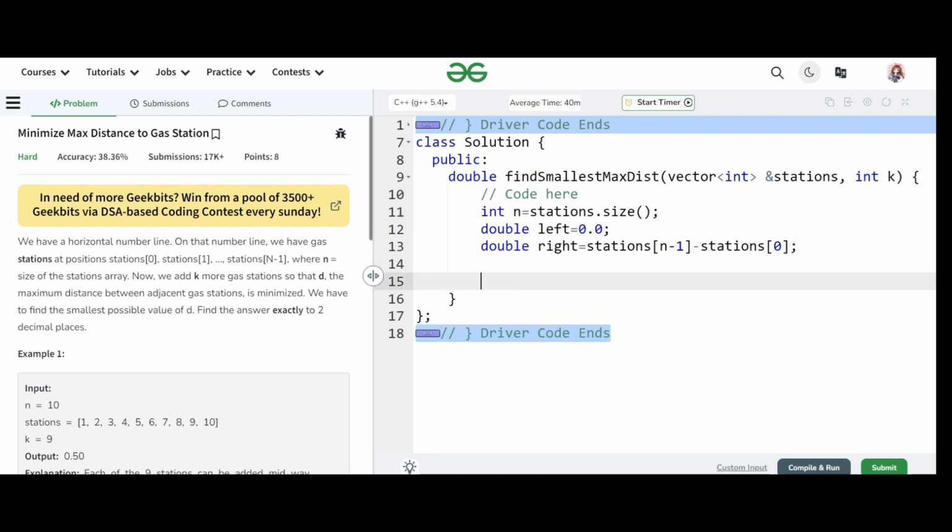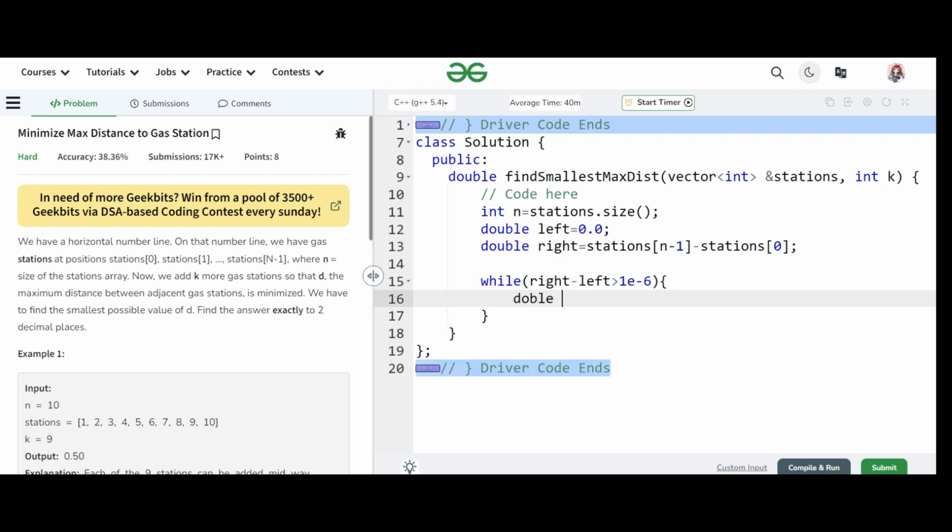Now I will check for the condition. While right minus left is greater than 1e-6, that is 10 to the power minus 6, I will find the mid, which is left plus right by 2.0.